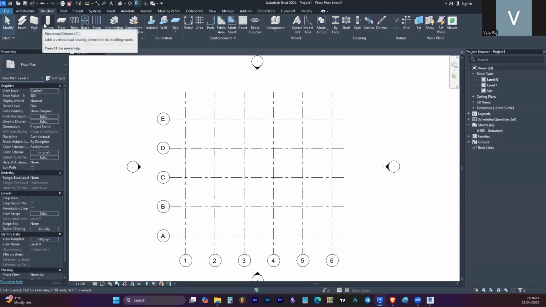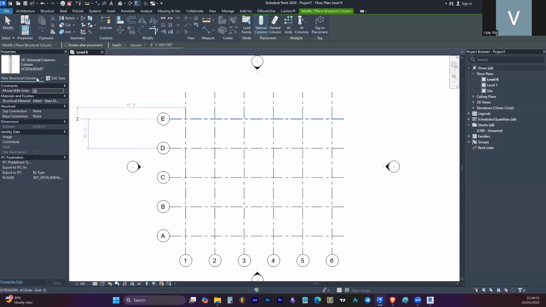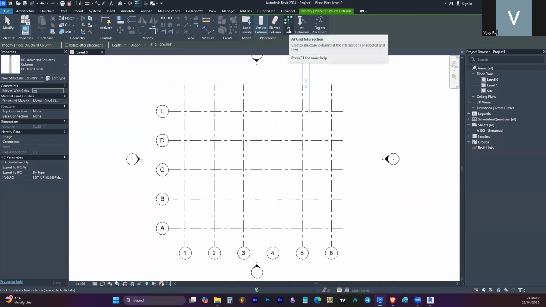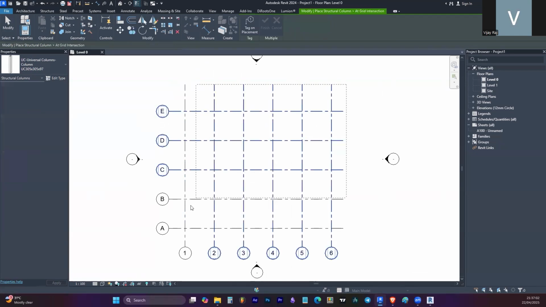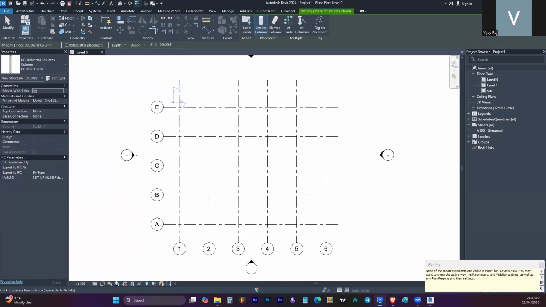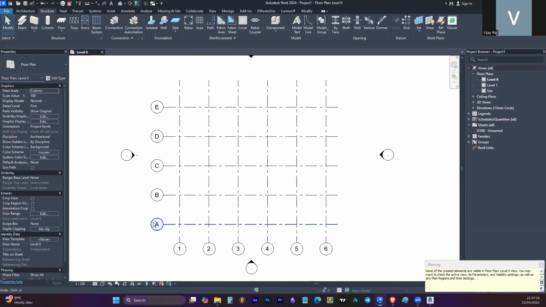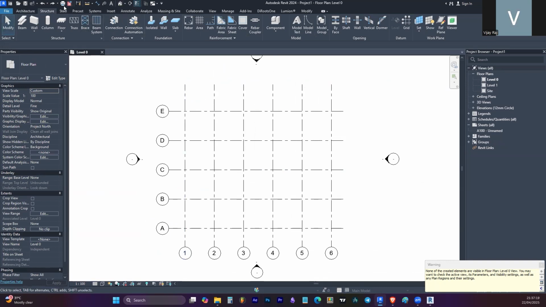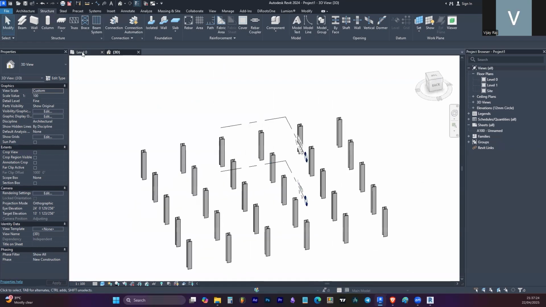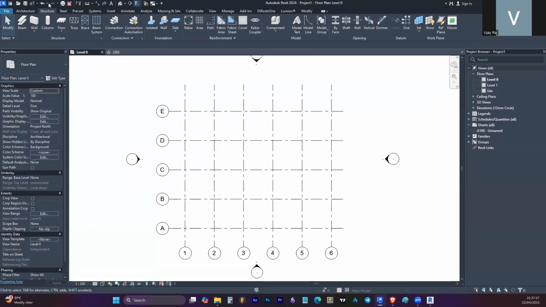Now let me place the columns. Here in Structural Column, the steel column is there. Here we can place individually like this, or else we can use the At Grids option, and we have to select all the grids, and it will automatically place at the intersections of the grids. Since we haven't updated the levels, I can undo this